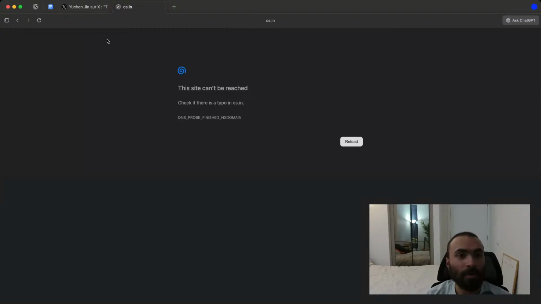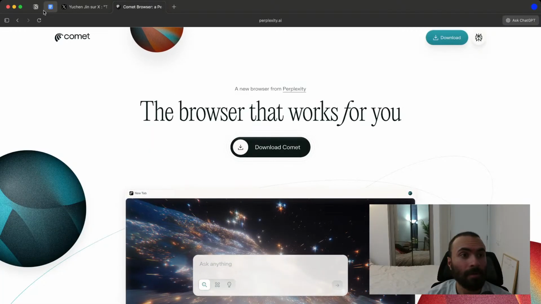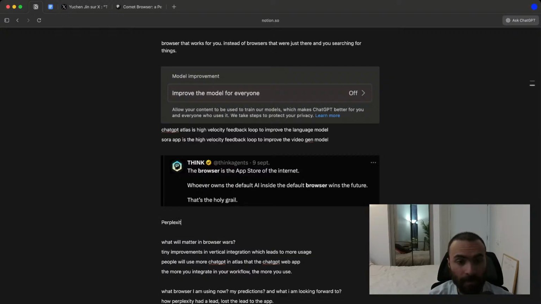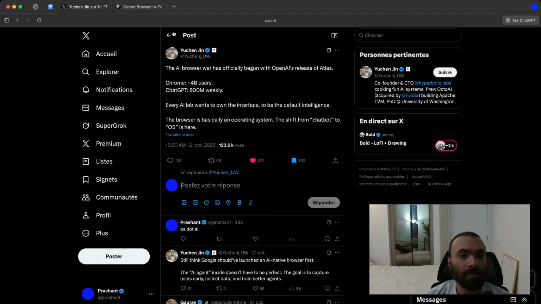If you search OS.ai, wow, this is very interesting. Perplexity owns the domain os.ai. I think they bought it from Dharmesh, I think. Dharmesh, HubSpot. This is so interesting.